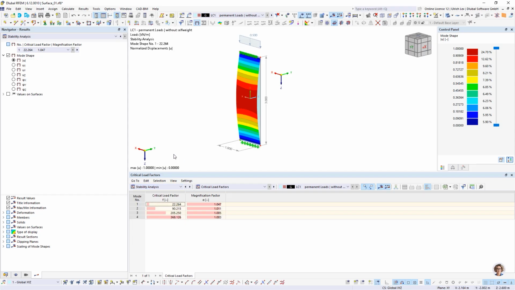So when we take a look at the results, we find critical load factors. The critical load factor means the factor by how much I can increase the given load until the system gets unstable. In our case, the first critical load factor is